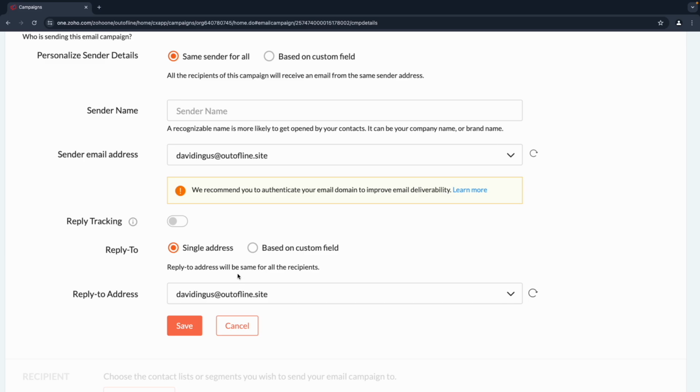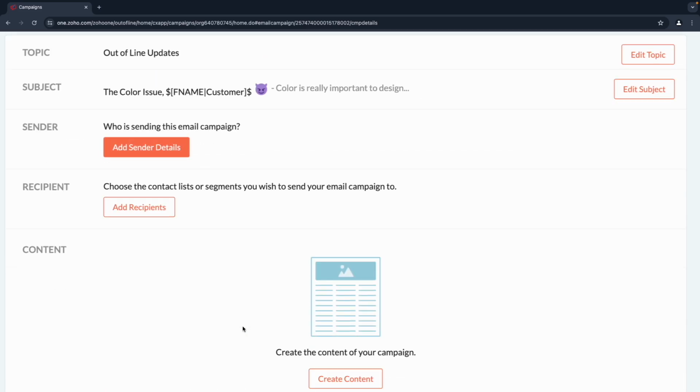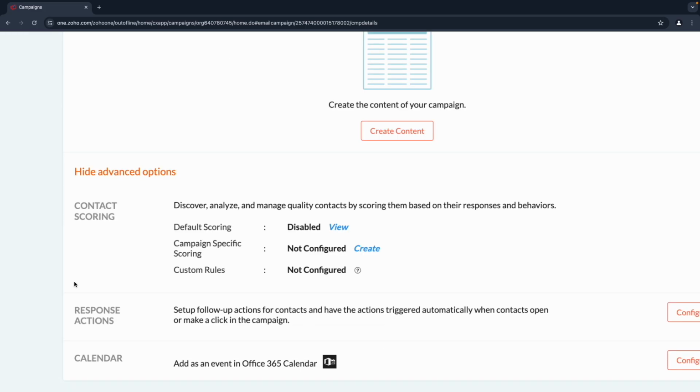Obviously, we can include reply-to addresses and all sorts of cool stuff like that. And then we get into contact scoring. This is just more cool little things that you can do here with trying to understand what's going on with your emails. You're able to build some scoring rules and conditions in here that can give your campaigns a specific score that gets assigned to your contact. This is a good way maybe if you're trying to do really basic lead warm-up, for example, or you're wanting to say, who are my most engaged customers that I'm inviting to this event? Who's really seeming to open all of the emails?